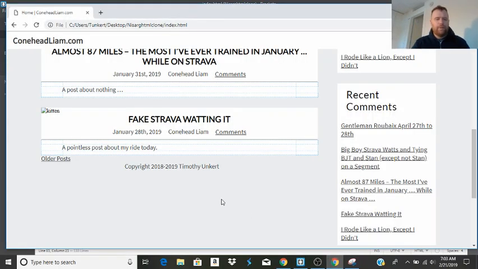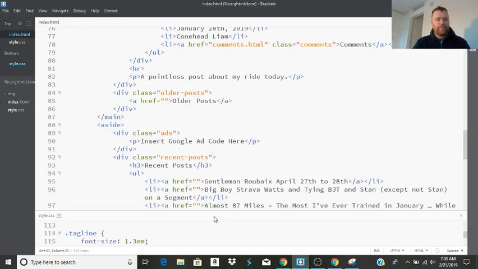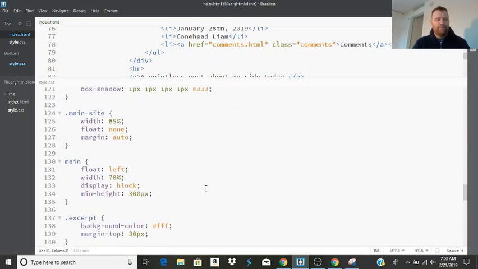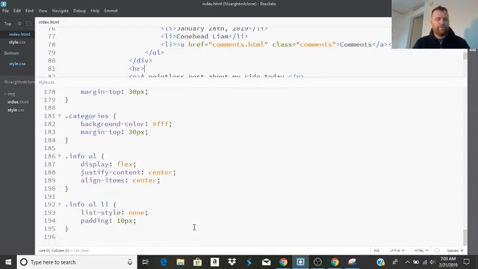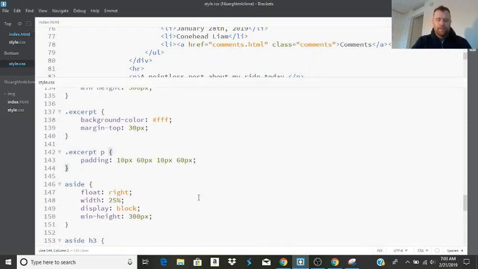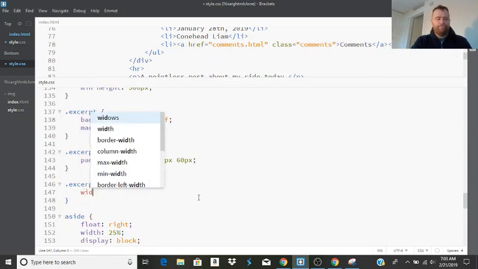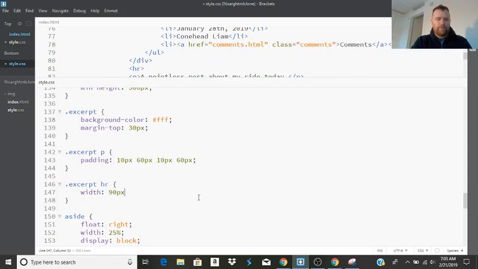Okay, so now that horizontal line is coming all the way across. It's not what we want. So what we want to do, back up down here. Actually, we'll keep it where this is in the excerpt. Alright, so we want the width to be, let's say, 90 pixels, float to be none, margin to be auto, height, I want it to be 2 pixels,